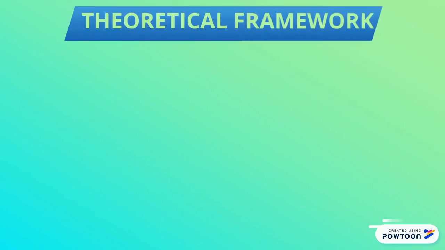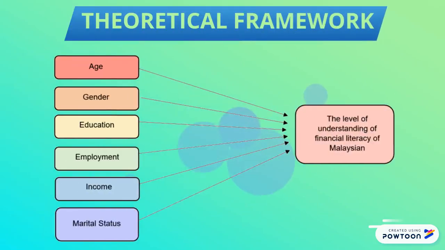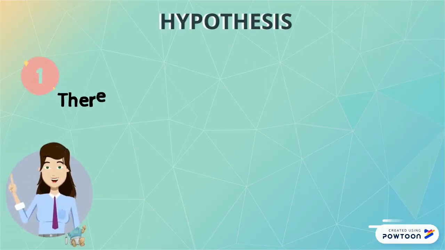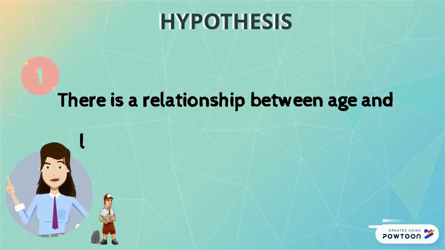This is a theoretical framework. On the left-hand side are all the independent variables, with arrows pointing towards the right-hand side, which is the dependent variable, showing the relationship. The first hypothesis is there is a relationship between age and the level of understanding of